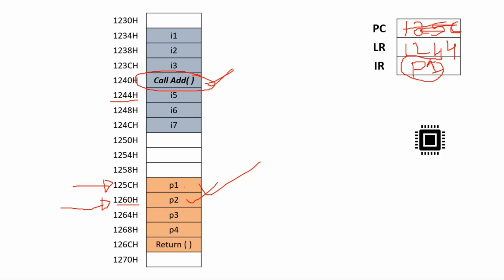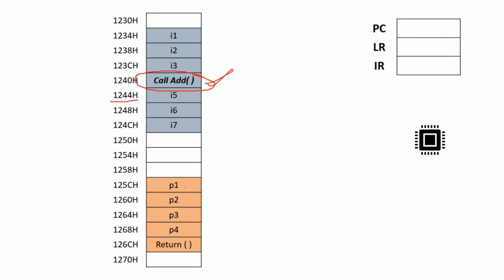When P2 is loaded into the instruction register, the program counter will be pointing to the next instruction, that is 1264H. Then the processor executes P3 also, and PC will be updated to 1268H. Now when P4 is being executed, PC will be updated to 126CH, that is the next instruction.